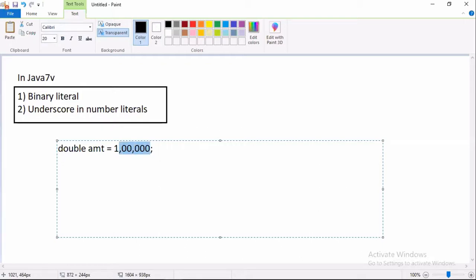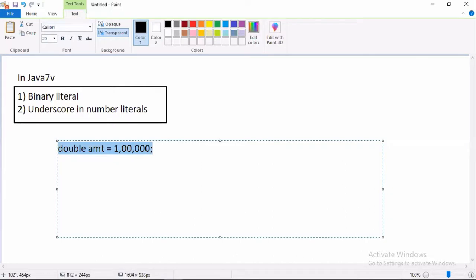Why are they placing that comma there? Because of easy understanding, easy reading. If you remove this comma, you have to count how many zeros are there. Thousands, 10,000, 1 lakh. It's not easily readable. If you write commas, your eye can easily calculate it. Can you write it in Java? No, the compiler will throw an error.